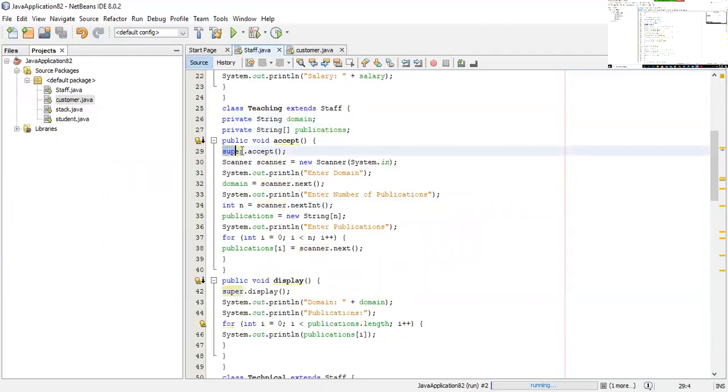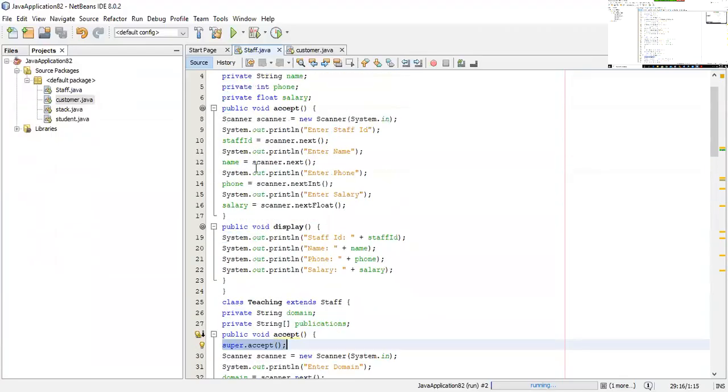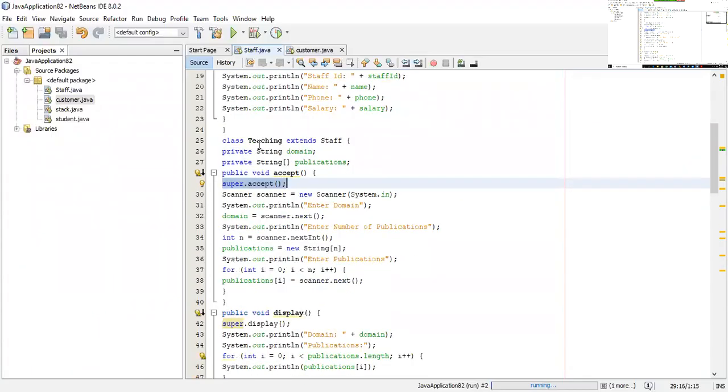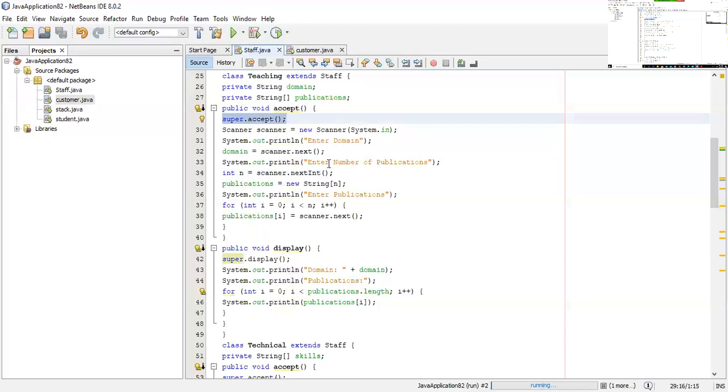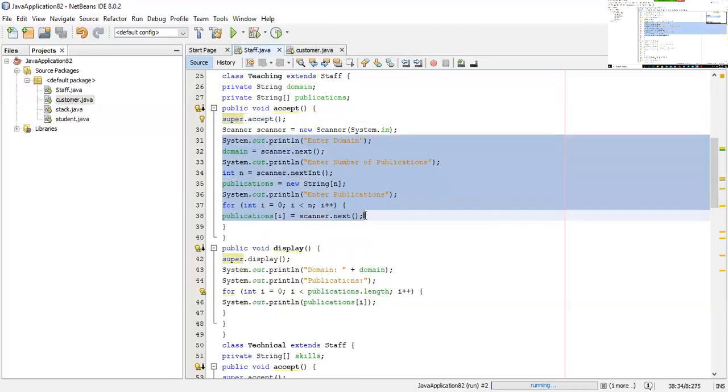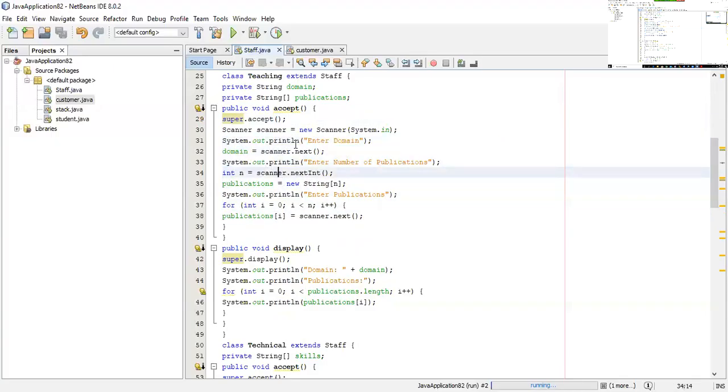You have called the accept function of the super class, so you are accepting the staff ID, name, phone number, and salary of a teacher, plus the two extra things specific to teaching staff: the domain and the number of publications he has done. These two you can take inside the teaching class itself, so you ask to enter the domain, read it, enter the publications, and read it.